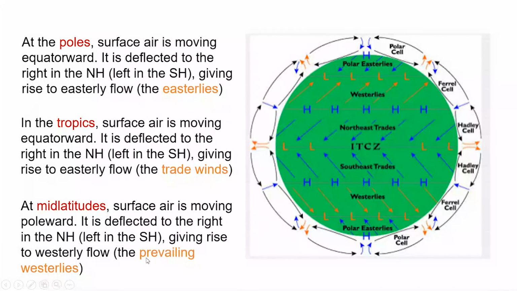In between, there are westerlies. Westerlies are due to the Ferrel cell, which is in between the polar cell and the Hadley cell. The Ferrel cell is in between 30 degree and 60 degree latitude. So here the wind is blowing in the direction of the poles. The wind should be blowing in this direction, but due to the Coriolis force, it turns towards the right side in the northern hemisphere. So these are called westerlies.